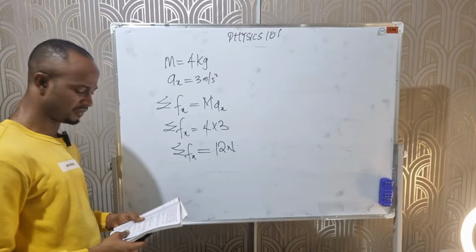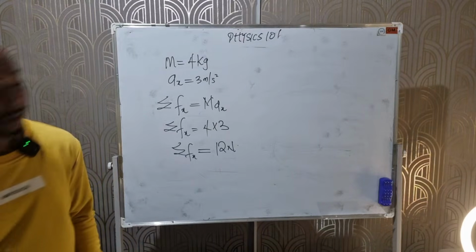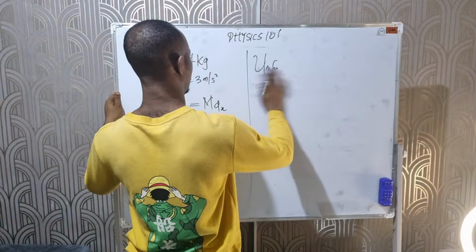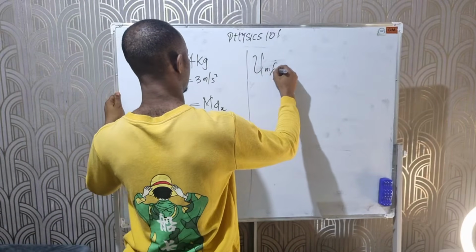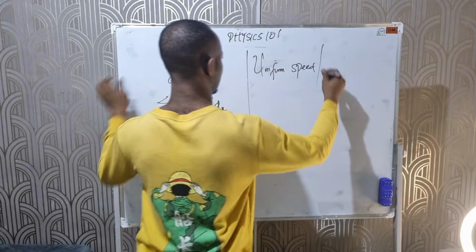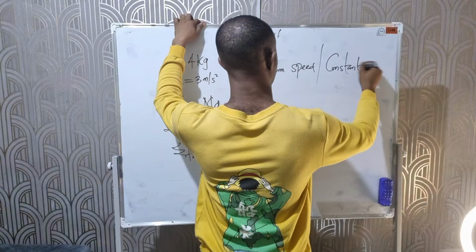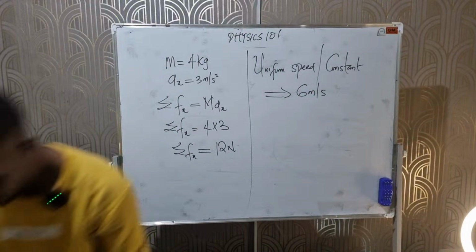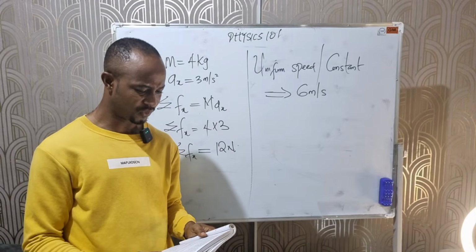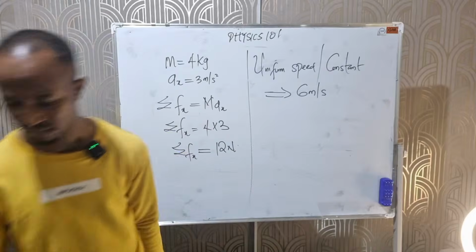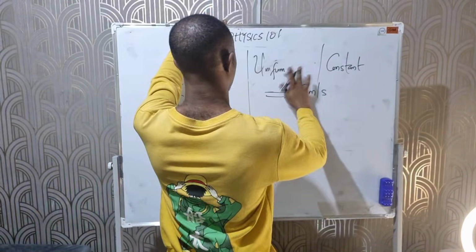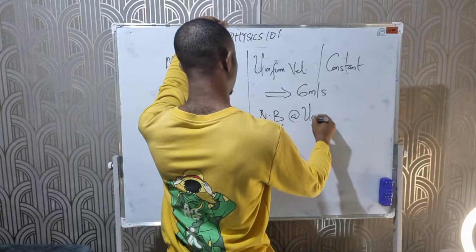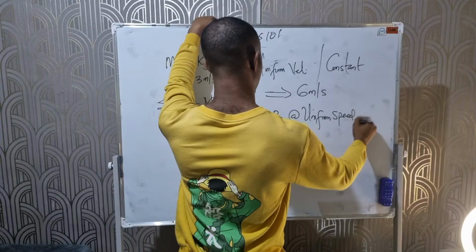We are given a uniform speed, also known as constant speed, of 6 meters per second. Note that at uniform speed or velocity,